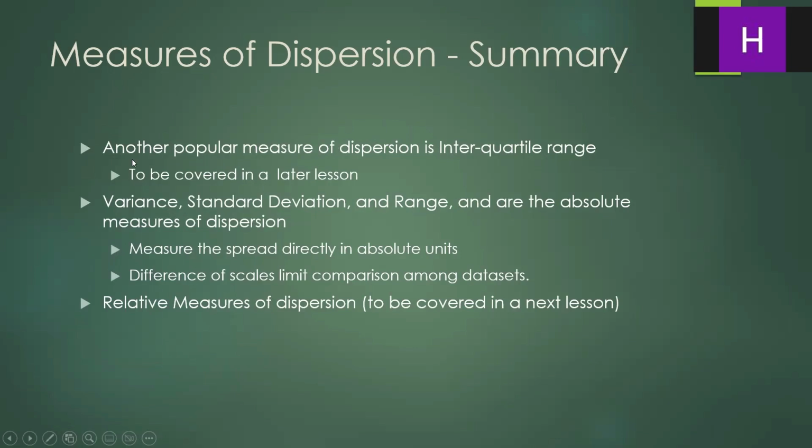Another popular measure of dispersion is the interquartile range, as we mentioned in the beginning of the lesson, but we're going to have a look at it in one of the later lessons. Variance, standard deviation, and range are the absolute measures of dispersion. This is something very important because the next topic that we will be discussing will be the relative measures of